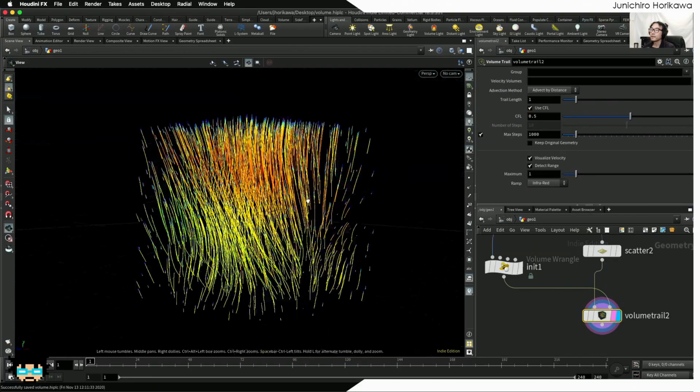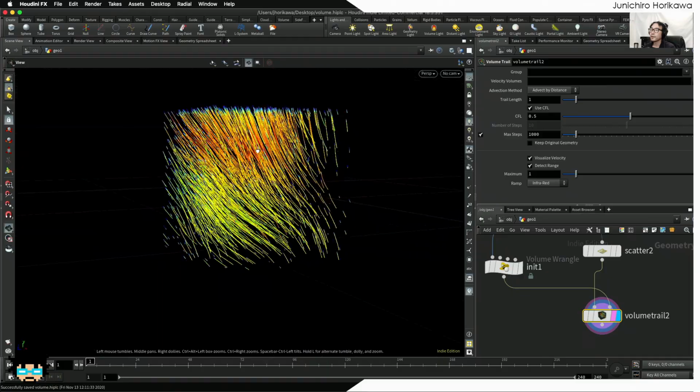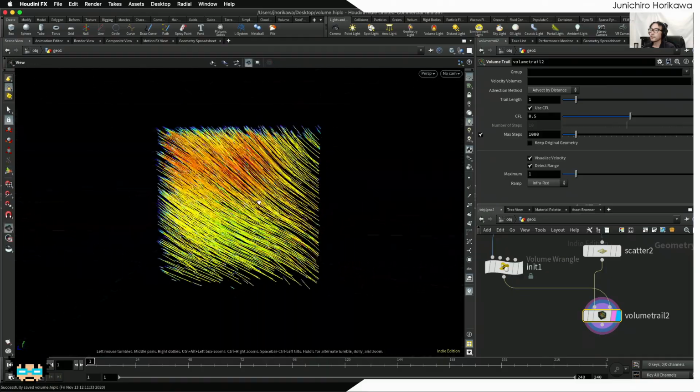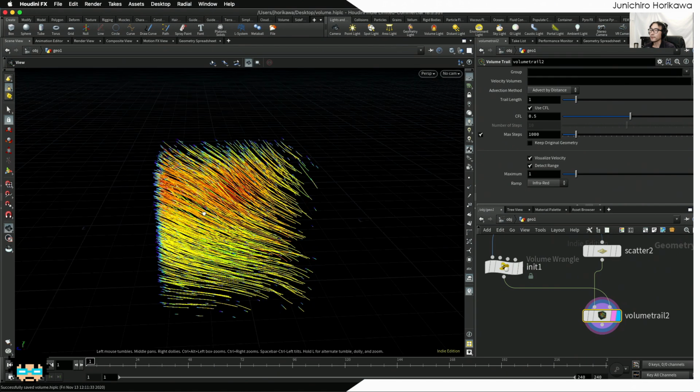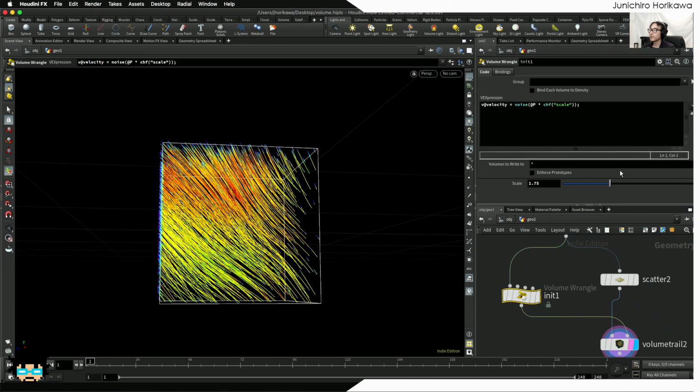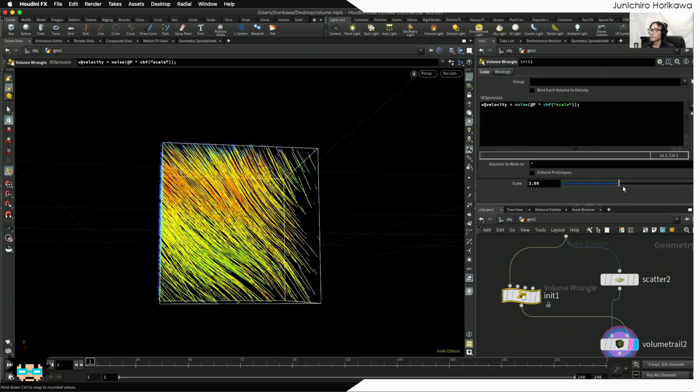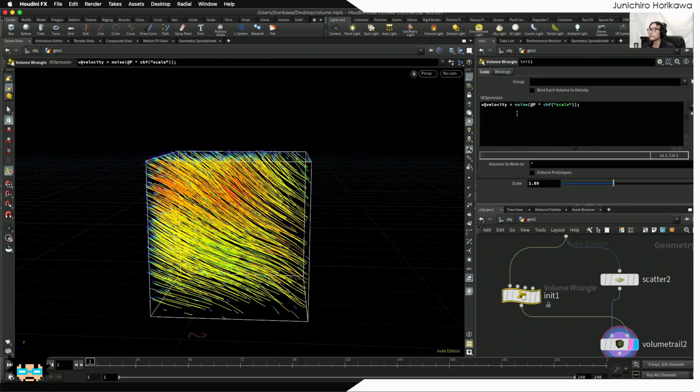Okay, now it's gone. Now it seems like it's going in a similar direction. All of the lines are going in the same direction, even though you have some wavy changes right here. Even if I change these values, that is because if you use noise, what you get is a range between 0 to 1. And if you have created the vector value result, what you get is a value between 0 to 1 for all x, y, and z coordinates. So to make the direction go